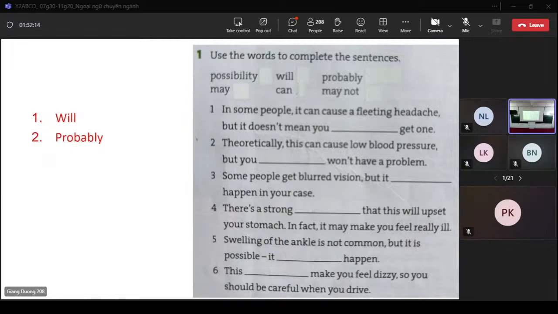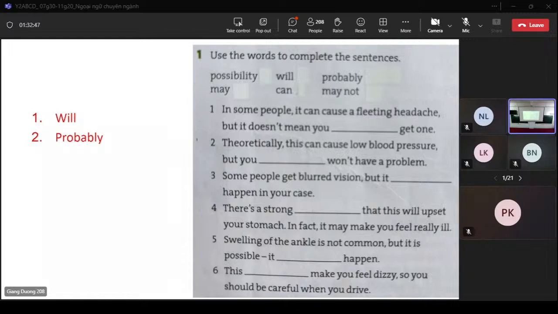Tuy nhiên trong một số sách y khoa thì cô thấy người ta cũng không có viết chuẩn hoặc là dùng từ cũng vậy. Những cái sách ngữ pháp của các nhà xuất bản lớn giống như Oxford hay Cambridge là dạy ngôn ngữ Anh, thì người ta sẽ viết chuẩn. Nhưng mà những cái sách mang tính chất chuyên ngành giống như là Medicine One này nè, thì có chỗ người ta vẫn xài ngữ pháp rất là dễ chịu chứ không có gay gắt như là những cái sách chuẩn về ngôn ngữ nha.